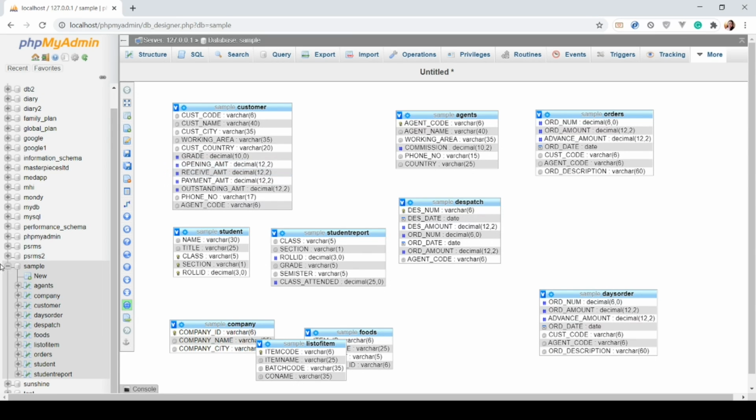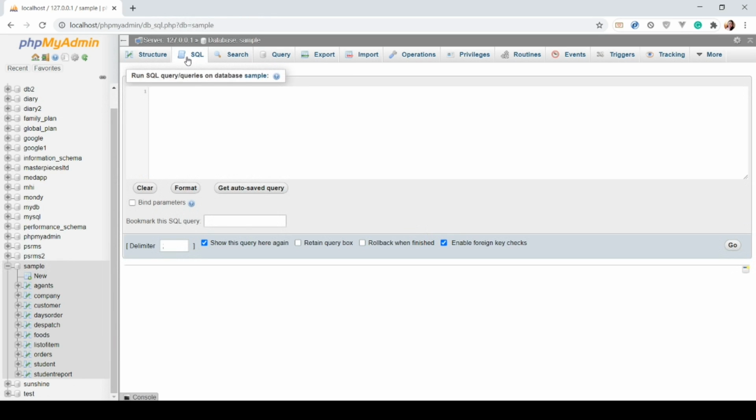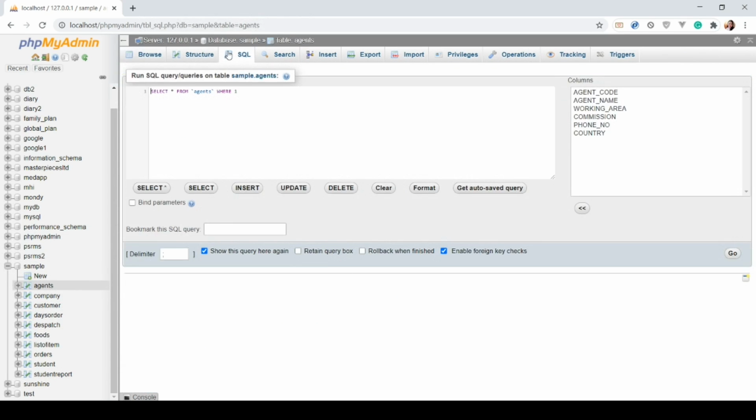And then if you need to test a specific SQL command, let's say for example select, you may click a specific entity here and then click the SQL, so you may see the existing format for each query.